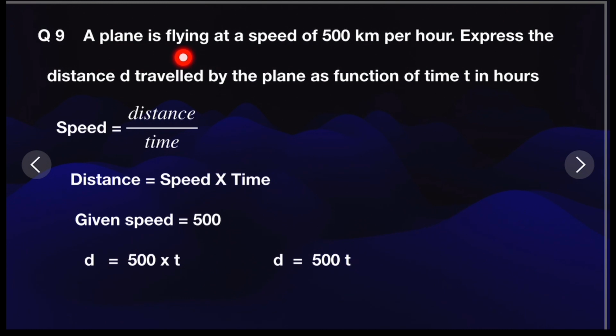Question 9. A plane is flying at a speed of 500 km per hour. Express the distance d traveled by the plane as a function of time t in hours. So you know the formula, speed is equal to distance upon time, so distance is equal to speed into time. They have given the speed as 500 kilometers per hour, so put 500 here, the speed. So d is equal to 500 into t, or you can say d is equal to 500t is the